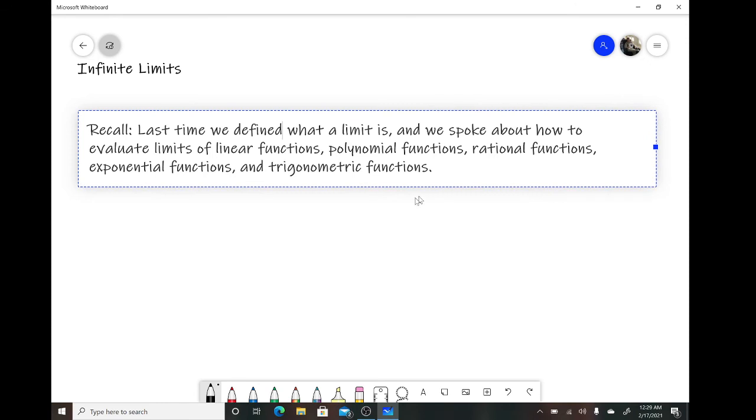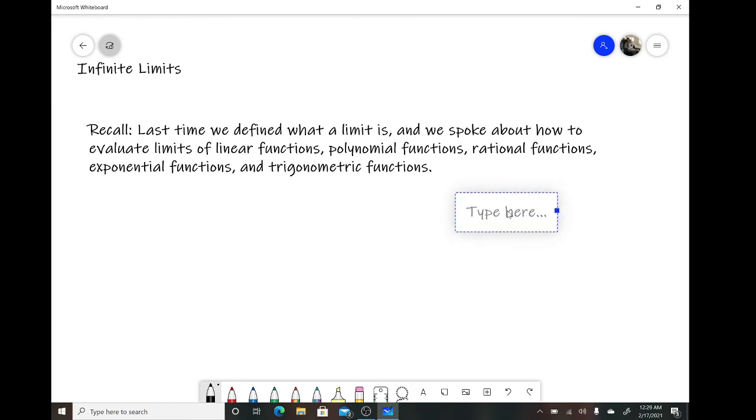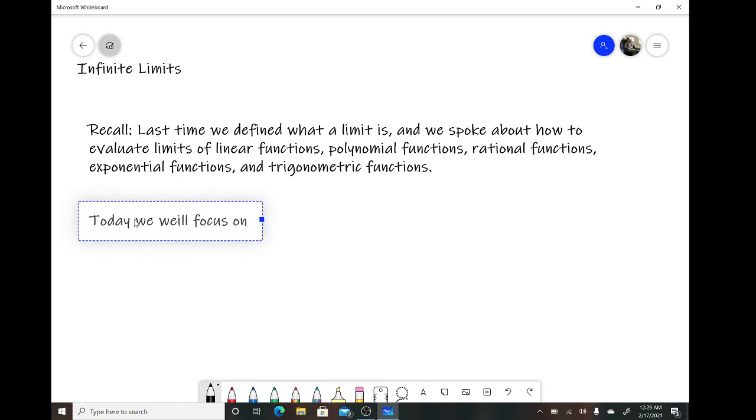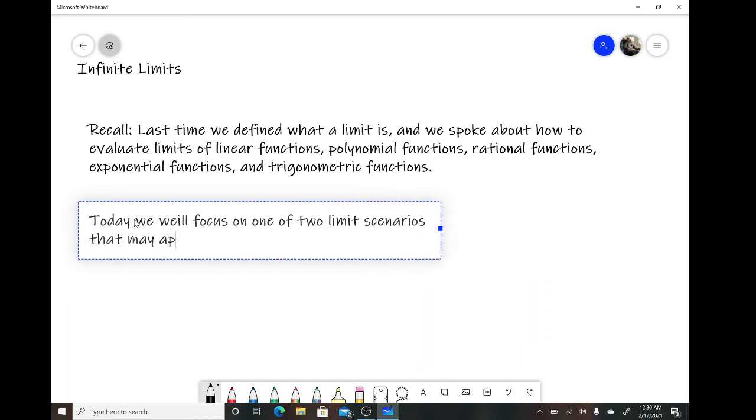Alright, so today we're going to be continuing the conversation on limits. And we're going to talk about two special limit scenarios that may appear. So today we will focus on one of two limit scenarios that may appear when evaluating some limits